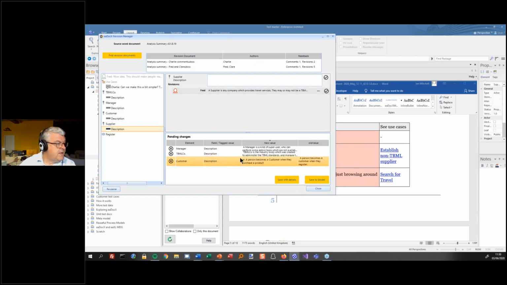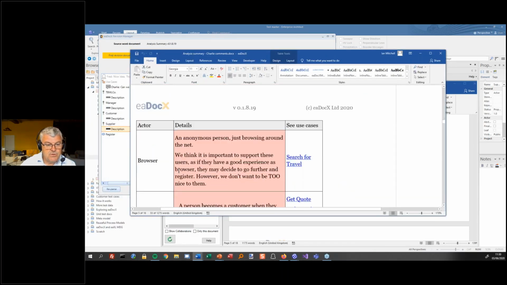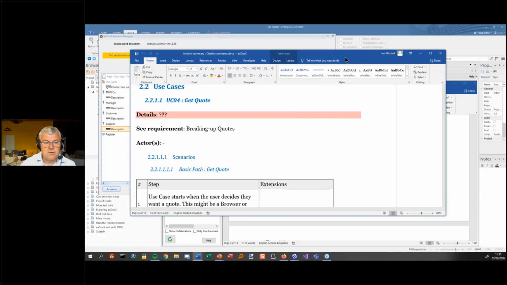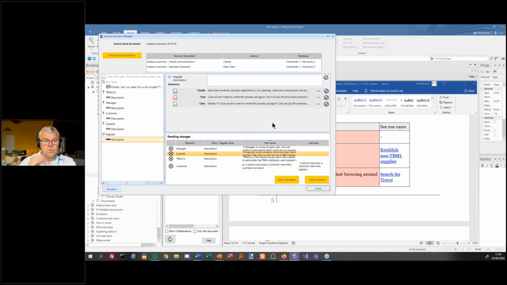And we can find out where that is. So here's where somebody has written extra stuff into the document. Just to prove there's no dark magic going on here. And Fred's done that. Thank you, Fred. Okay. Now we have a problem because Charlie's written a great big bit of description of what she thinks the